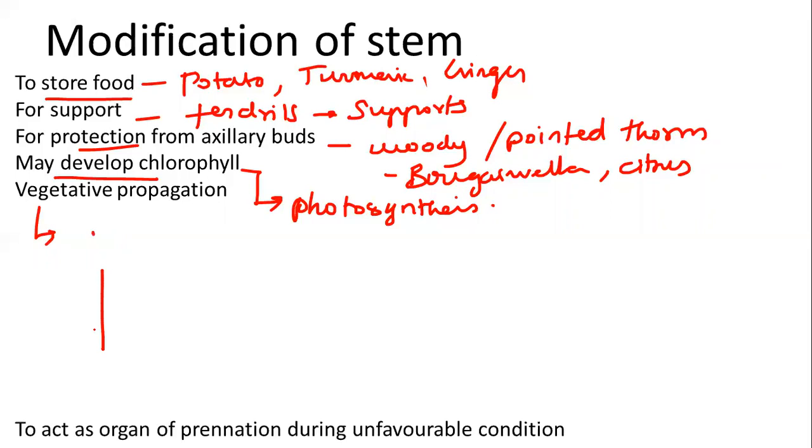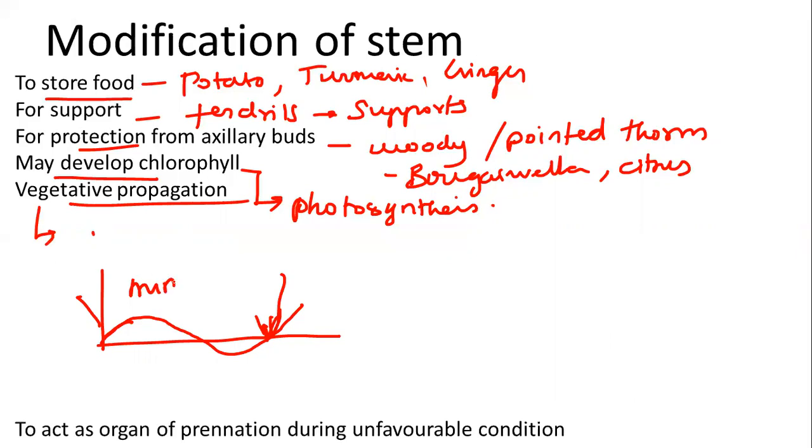Let's say a plant is there. A branch near the soil will be elongated and will move inside the soil, and from there a new branch will start, a new tree will start growing, and that is a type of vegetative propagation. You might have studied grafting and layering, which all come under vegetative propagation, right? Mint is an example, jasmine is an example.